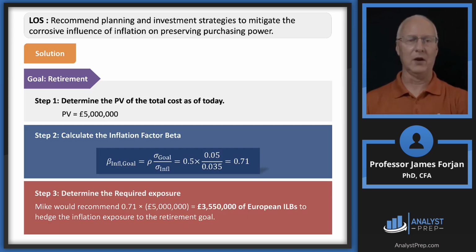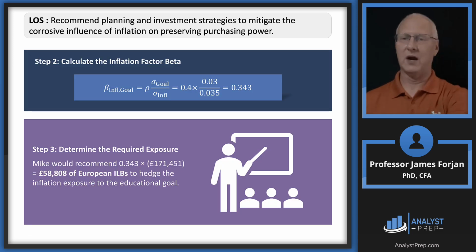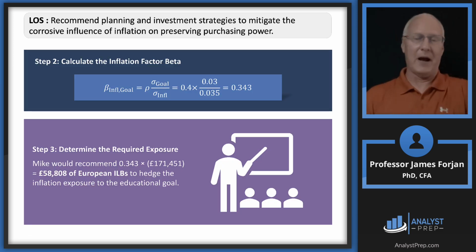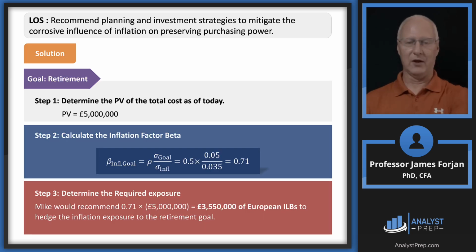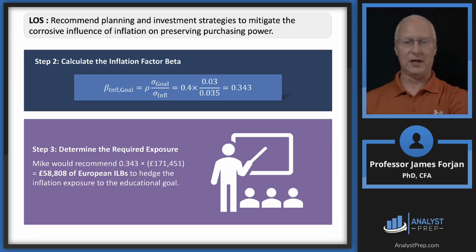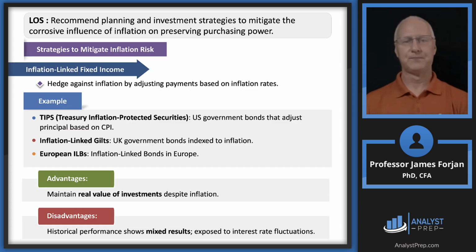Because, and let me just go back here, this inflation factor beta for retirement, it might be 0.71 now, but after 3 or 4 years, it might be 0.61 or it might be 0.91. Same thing here. This might be 0.8 or it might be minus 0.2, right? So you've got to adjust. Here, let me go back here. You need to adjust that 3.5 million. You need to adjust that 58,000. So that's really the good answer on an essay question, is say, you know what, historically, we're not quite sure this works, but if we do everything that the Institute tells us, then we should be fine.